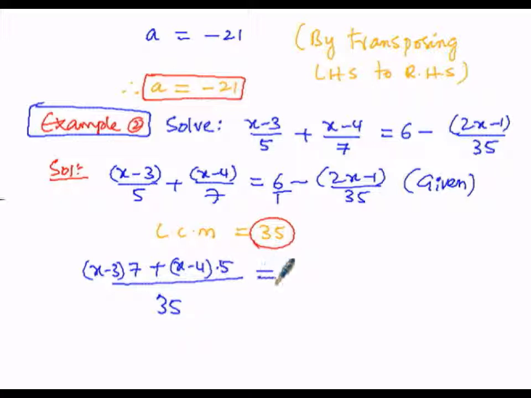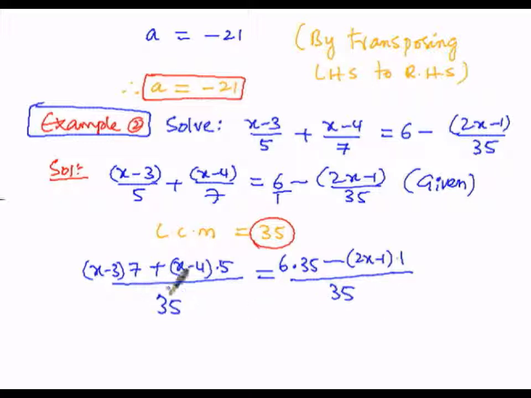Then that is equal to, for 1 and 35 the LCM is 35, the numerator 6 copied as it is, into 35, because 1 is the denominator of the first fraction, and 1 thirty-five times is 35, which is the LCM. Minus the bracket 2x minus 1 written as it is, into 35, since the denominator of the second fraction is 35, the LCM, 35 ones are 35. So on both sides the denominators are 35 and 35.